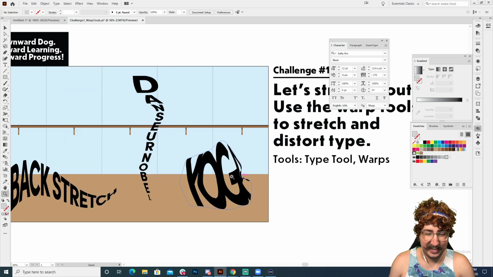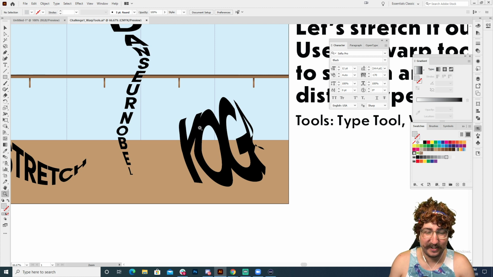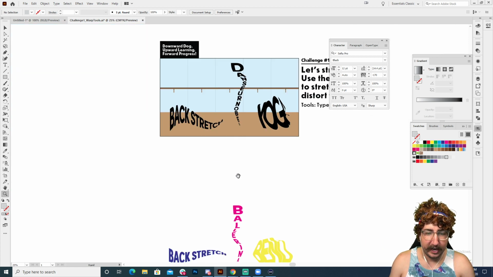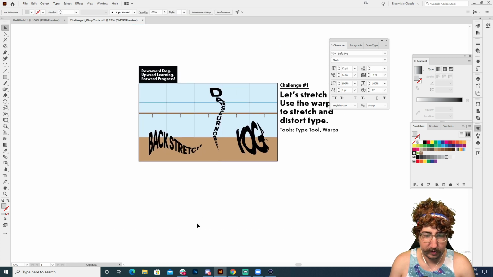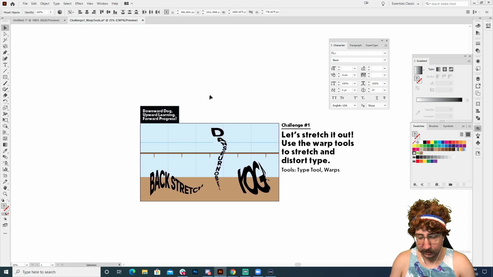And now it's going to make, right? This is where it gets weird. Whatever that top object is, it will put the type into that object, right? And you can do this literally with anything. Here are my little cheat files. We'll delete those. Shh, don't tell anyone. So you can do that with any shape.